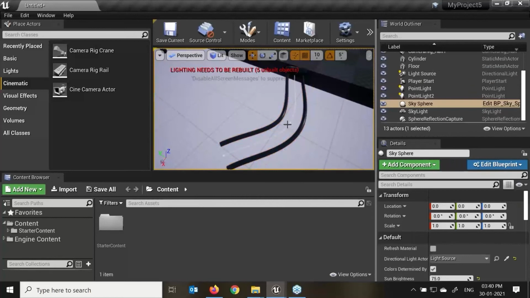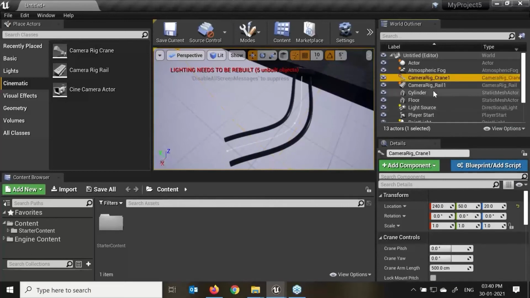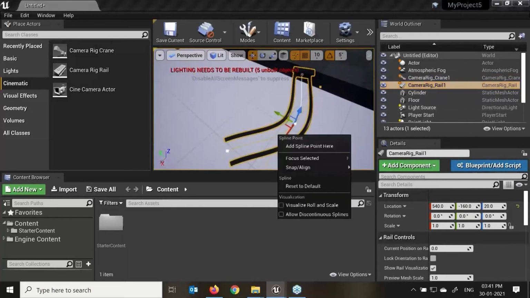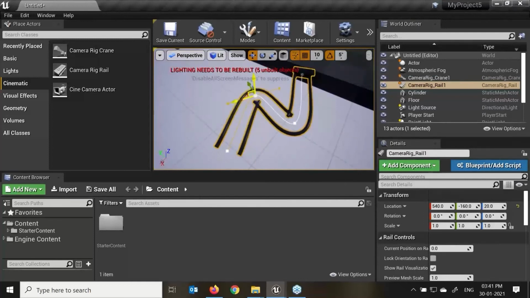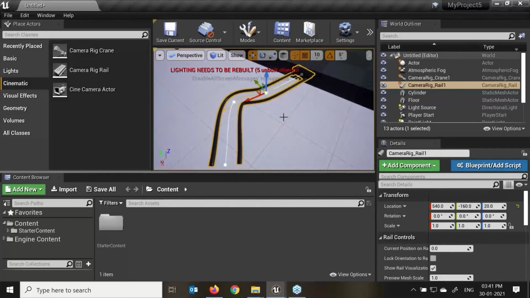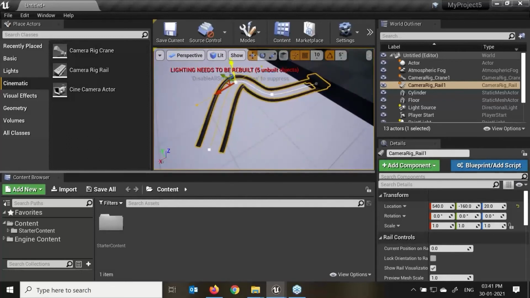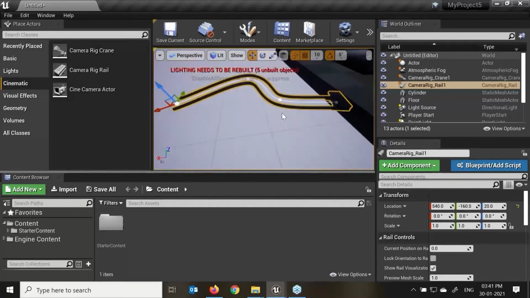Now how do we add this spline into our scene? Just highlight it. This is my camera rig rail. Right click, add spline point over here. I'll just move it again, this is in local or world axis, here you can do as per your requirement. Just give the movement. Normally in 3D software when we are editing a light, in the same way we can do this. This is helpful when I'm making a camera path or camera track. Just move and select this. So this is the different level editor we need to understand.